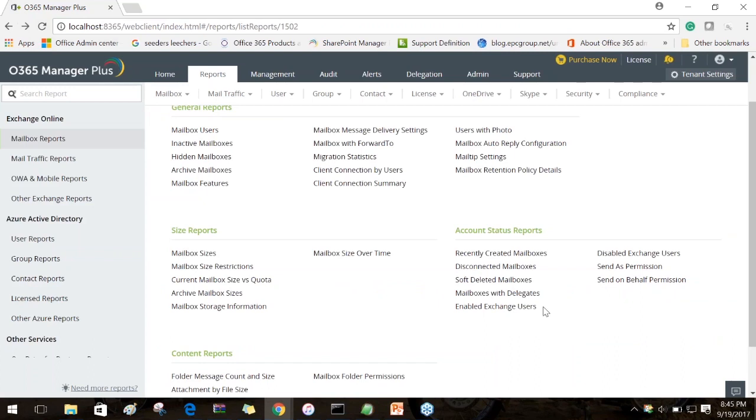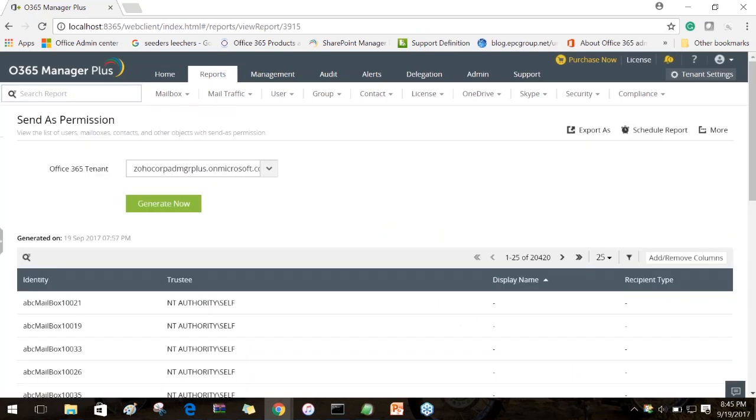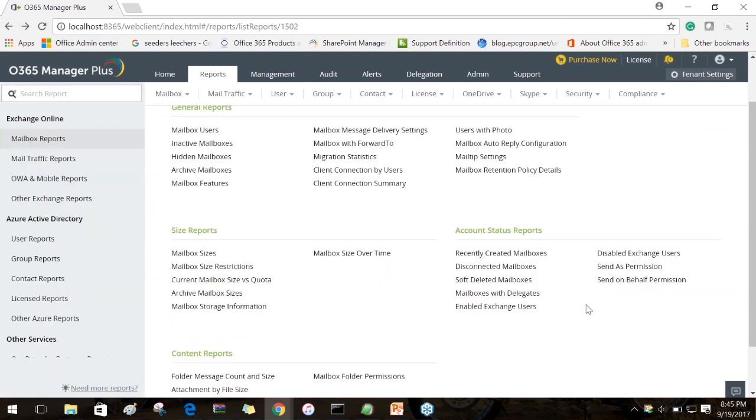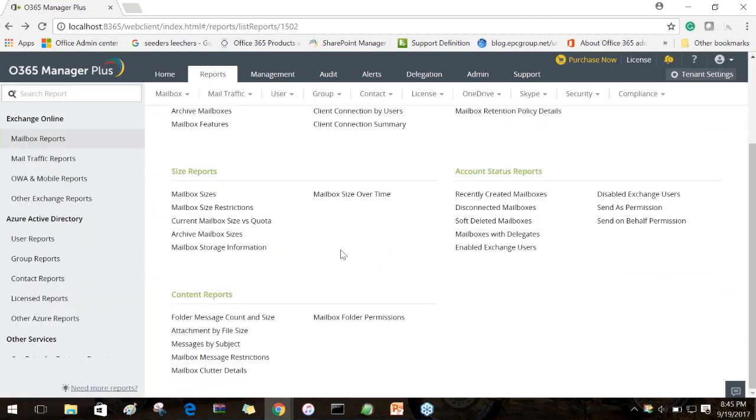Enabled Exchange users are the ones who are all active in Azure AD. You'll be able to track that information in the send-as permission report. The contacts and the users who have send-as permission on behalf of me will be tracked down in this particular report. Okay, so the next thing that we're going to see is about searching for a particular content,